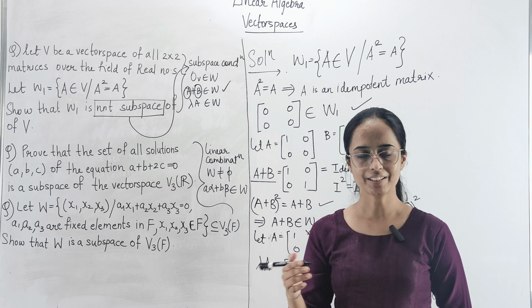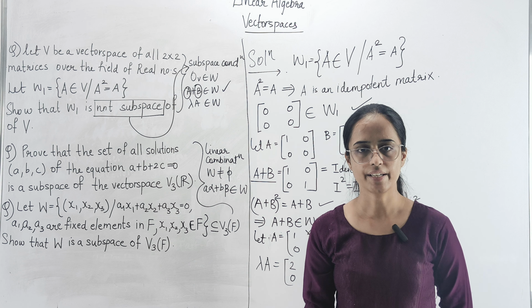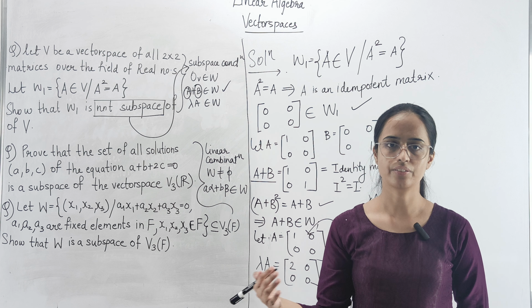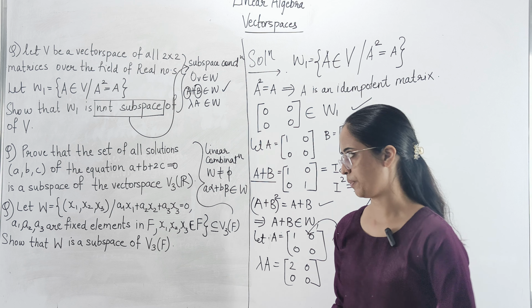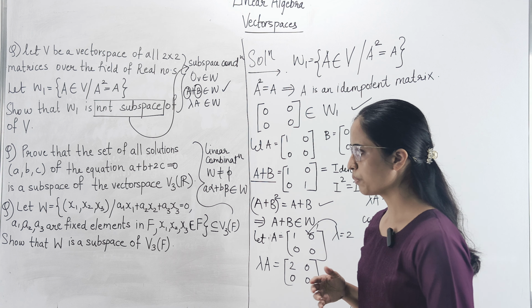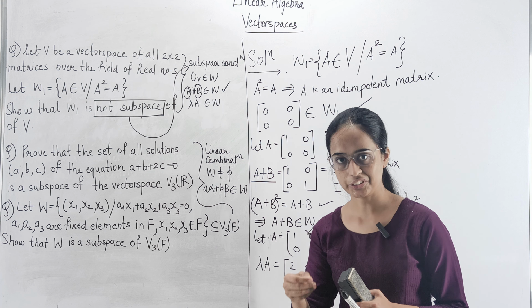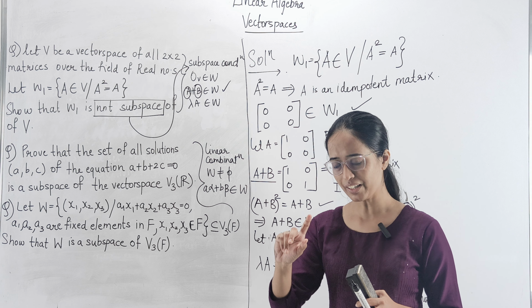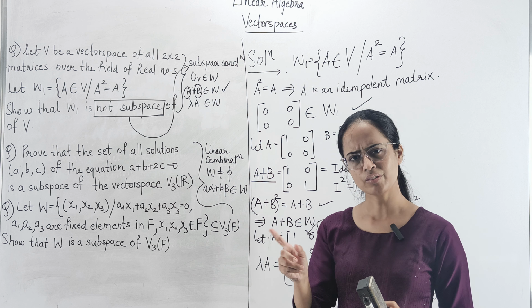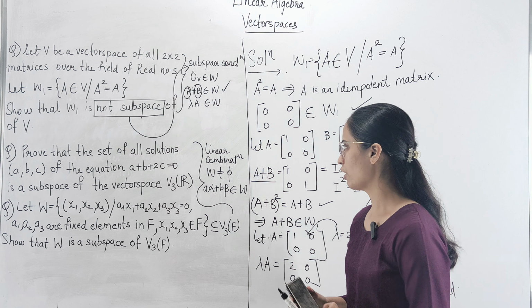over there, and you can say that since it's not closed under addition, that is why we can say that the given set W1 is not a subspace of the given vector space. So this is how you would be solving questions. जहाँ पे question रहेगा proof that this is not a subspace, वहाँ पे subspace पे conditions हम लोग use करेंगे, and we will show कि either of the conditions do not satisfy.